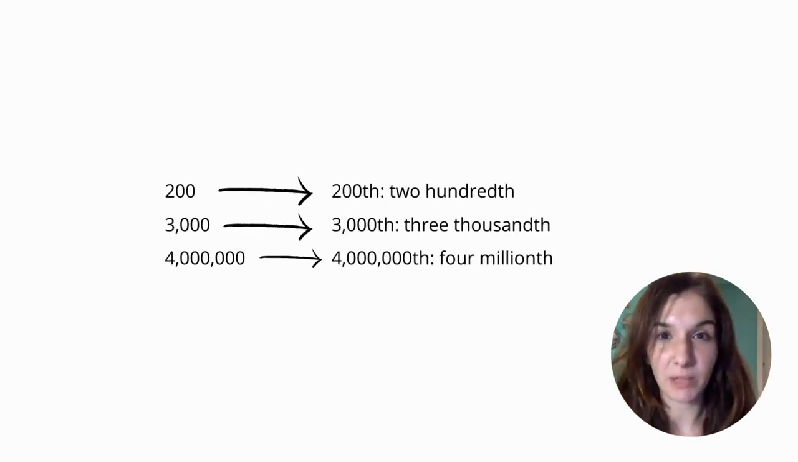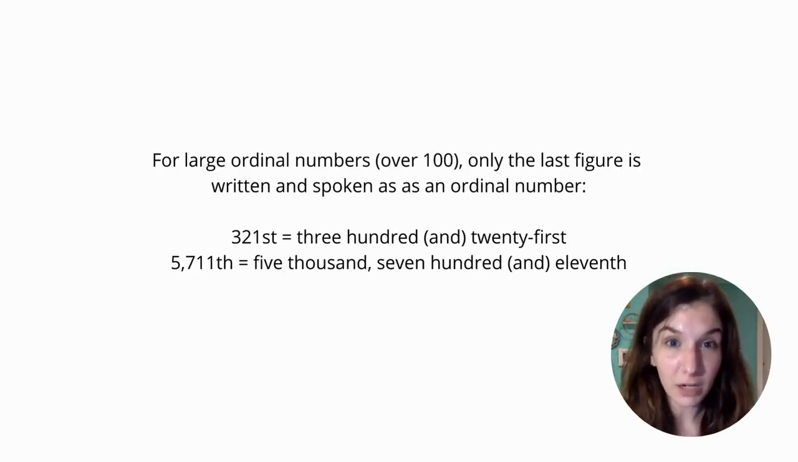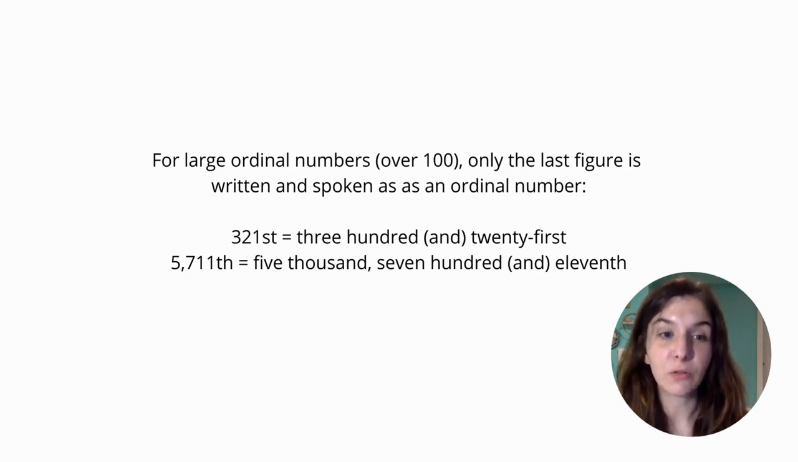This pattern even applies to hundreds, thousands, and millions. So, for instance, 200 would be 200th. We're just adding that th. 3,000 would be 3,000th with the th. And 4 million would be 4 millionth with the th. For large ordinal numbers, meaning any number over 100, you only need to write and speak the last figure as an ordinal number. For example,